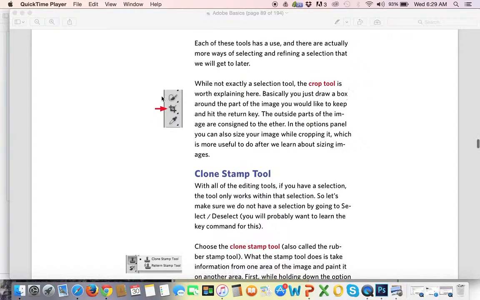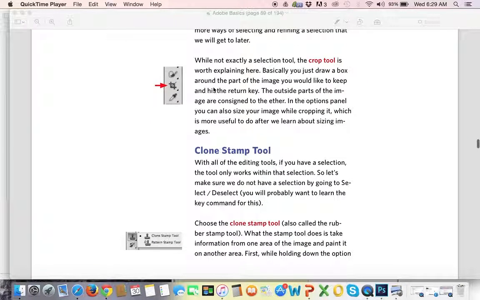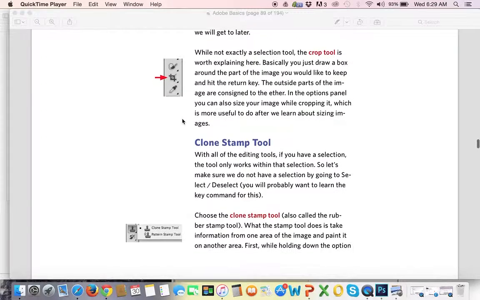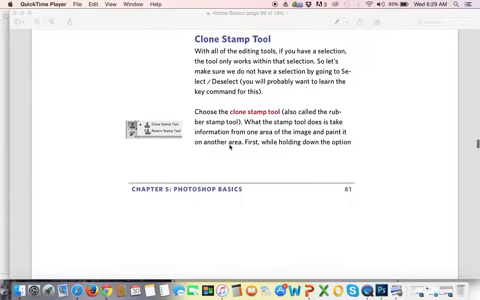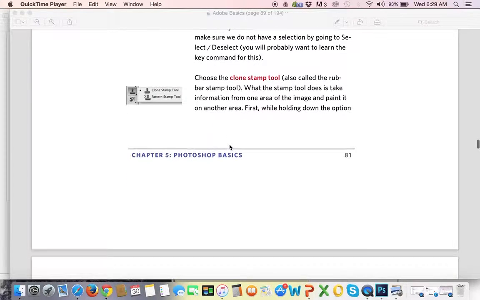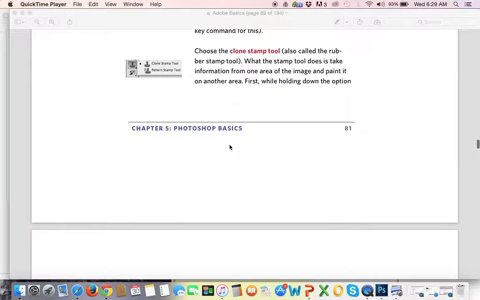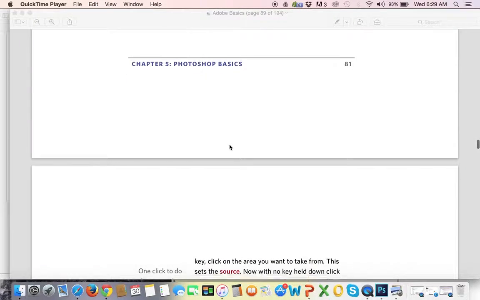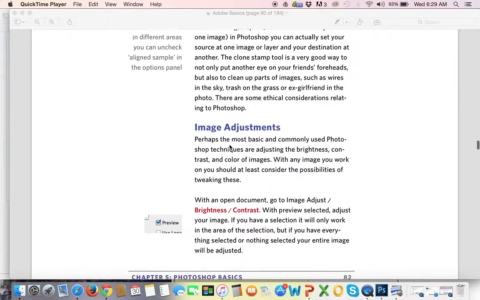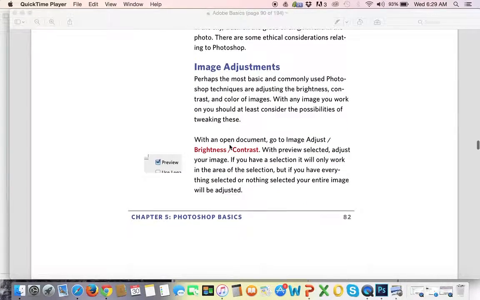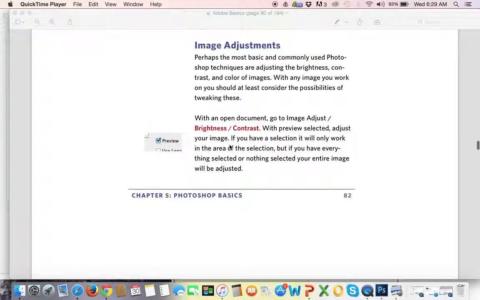Okay, cropping, you'll be doing a little cropping later. I think that's pretty straightforward. Clone stamp tool. Really don't want to talk about this one without demonstrating something, but it's really cool. I'll find a video for you on the clone stamp. How about that? Okay. The other thing we can do in Photoshop is we can make tonal adjustments,